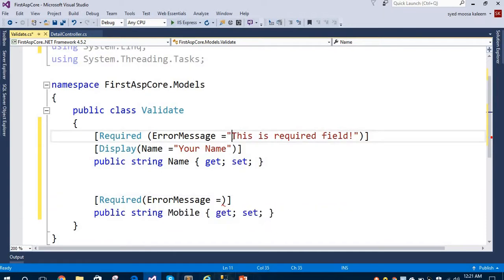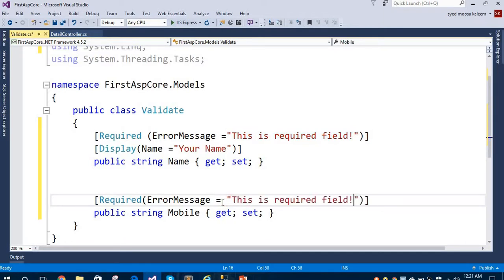Let's copy this and paste it here, and this is